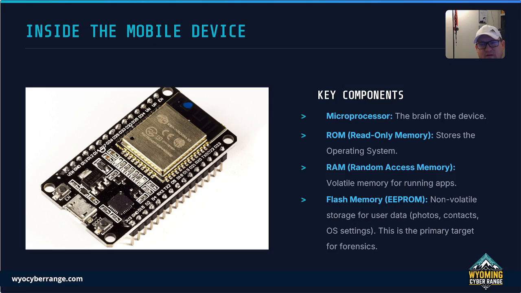For instance, the microprocessor, that's going to be the brain of the device. We've got ROM, read-only memory. This is going to store the operating system. We're talking about Apple or Android here. We've got RAM, random access memory, which is the volatile memory for running apps. And then we've got flash, otherwise known as EEPROM. It's the non-volatile storage that holds things like photos, contacts, and settings,